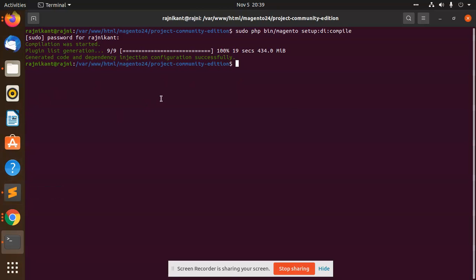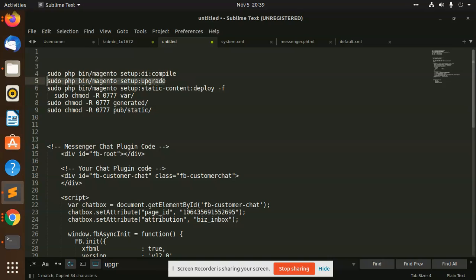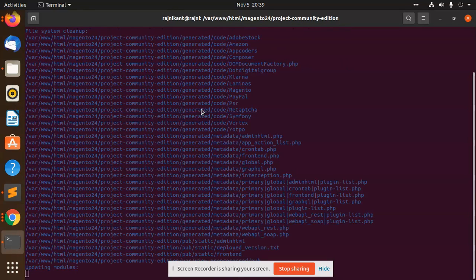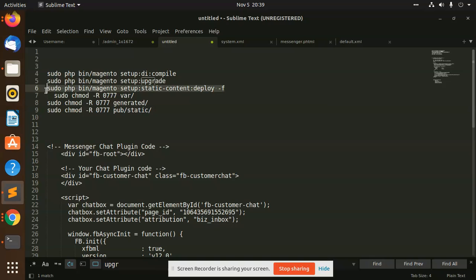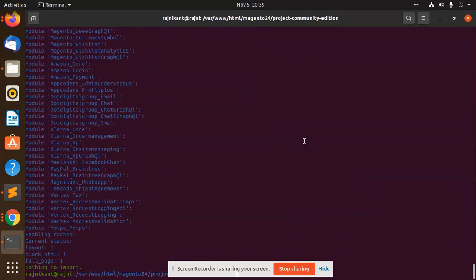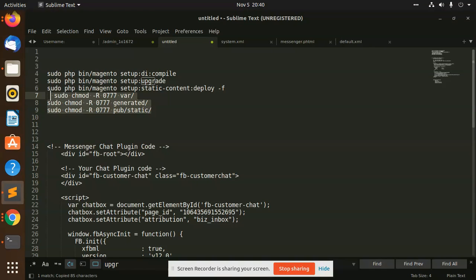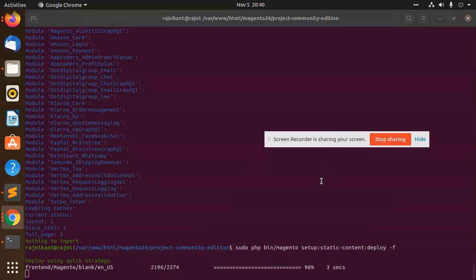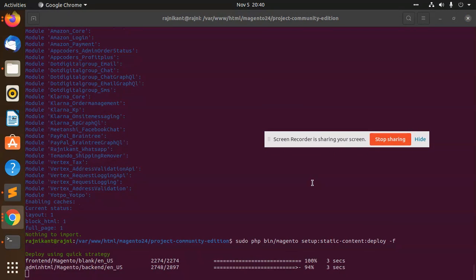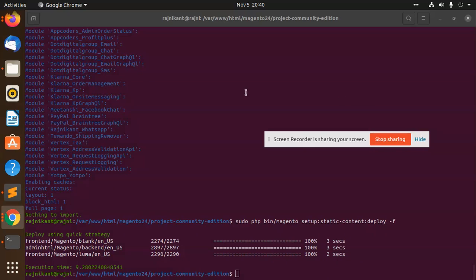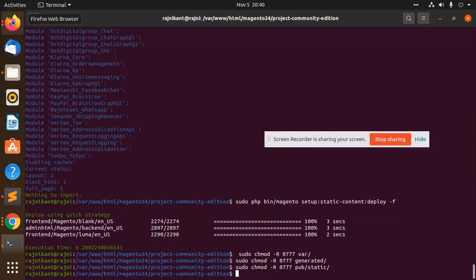In Magento 2.4 and 2.3.6 there is only 8, but here it is 9. Done. Let's check in the admin panel.